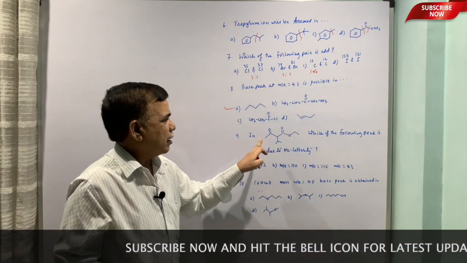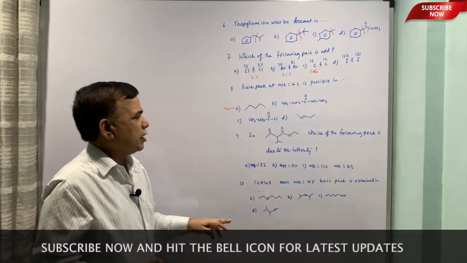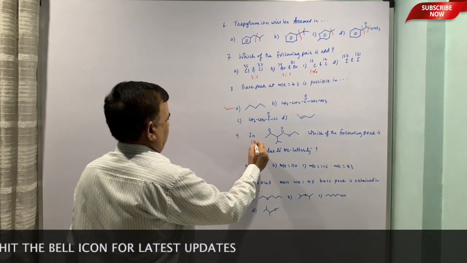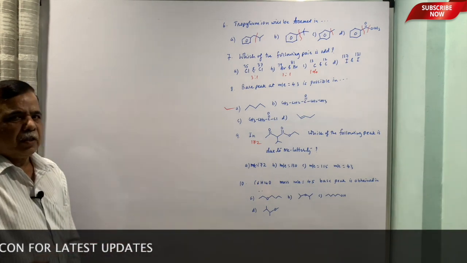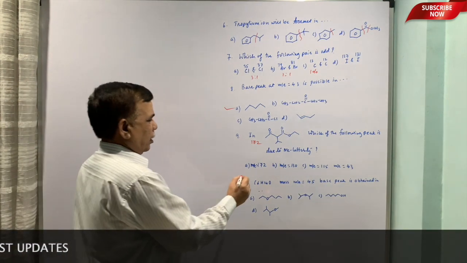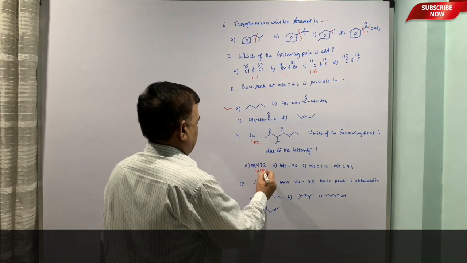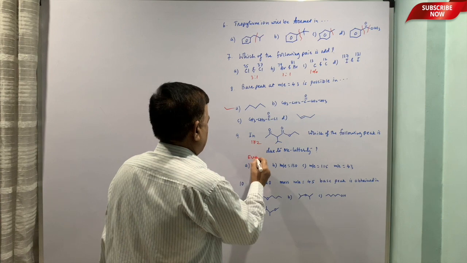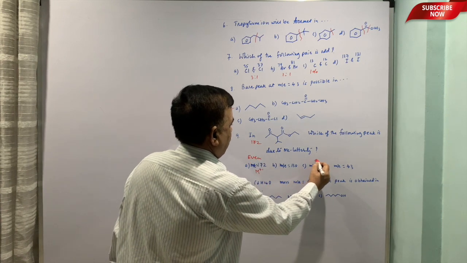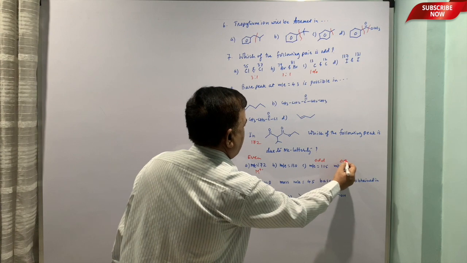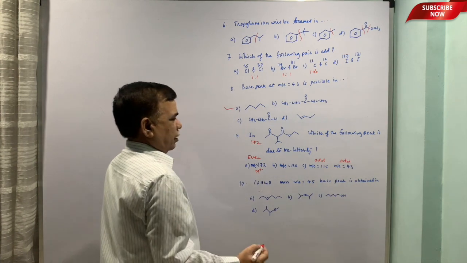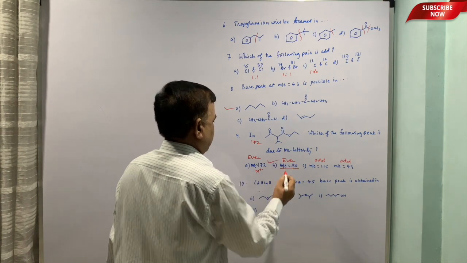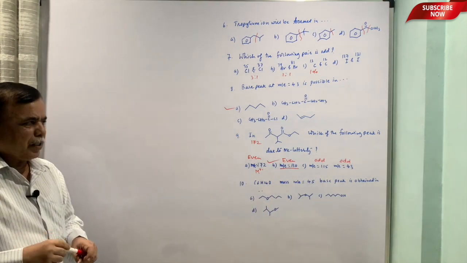Now, in this compound, which of the following peaks is due to McLafferty? 172 is its molecular weight, so this is going to be your M plus radical peak. Now, this is even, right? This is odd, this is odd. So, you do not have to look at the fragmentation, this is even. So, even to even is going to be McLafferty, even to odd is general fragmentation.